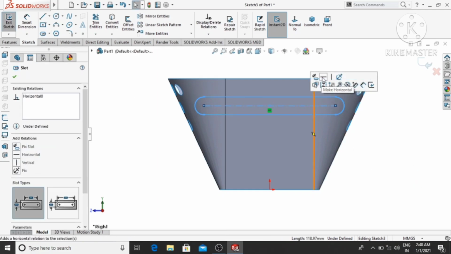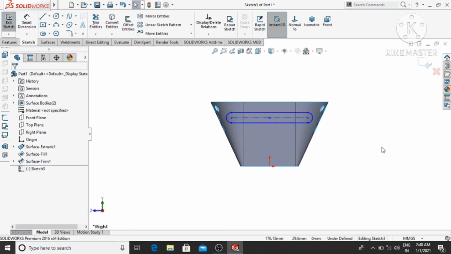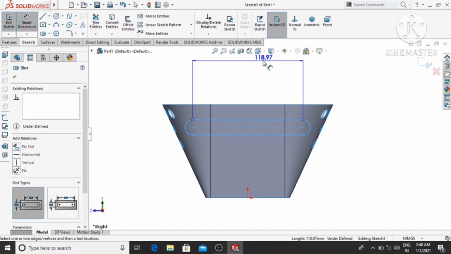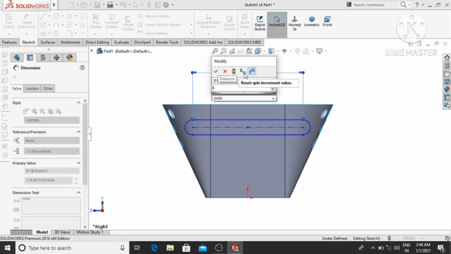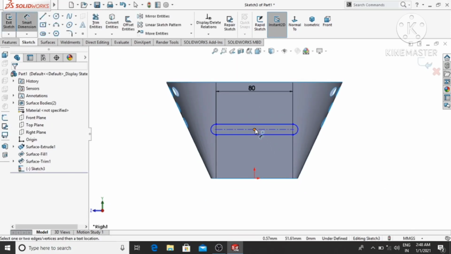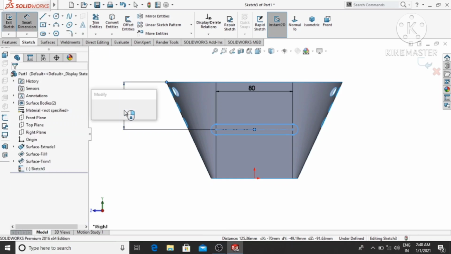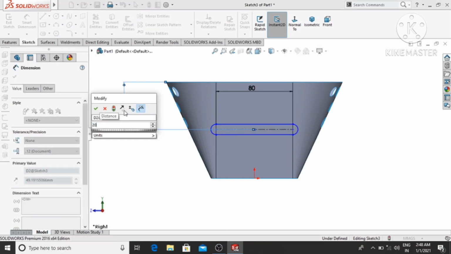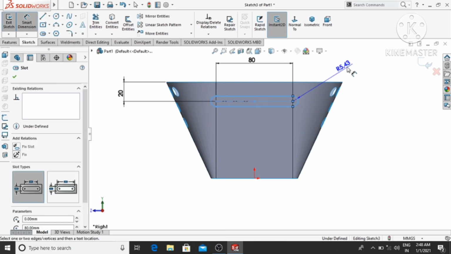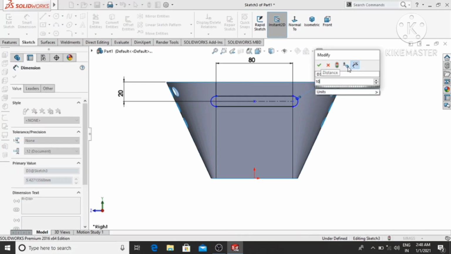Go to Smart Dimension, this length will be 80 mm, and from this point to this point the gap will be 20, and this radius will be 10 radius.